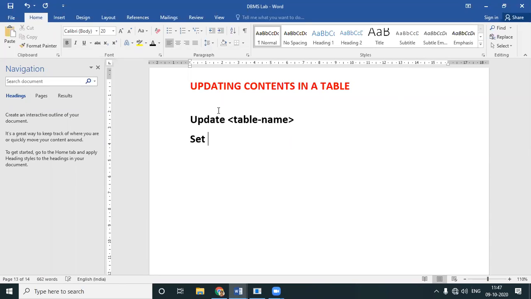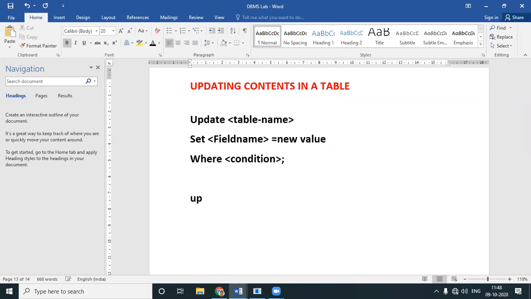Set field name equal to new value where condition. So this is the syntax: update table name, set field name is equal to new value where condition. So let's do it.